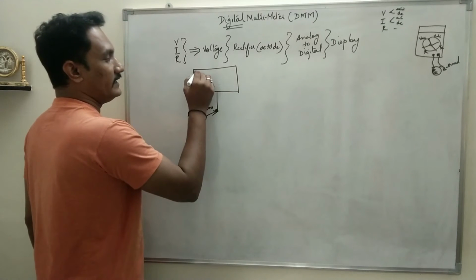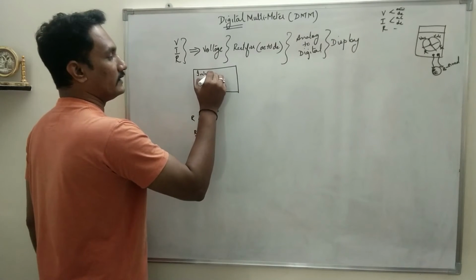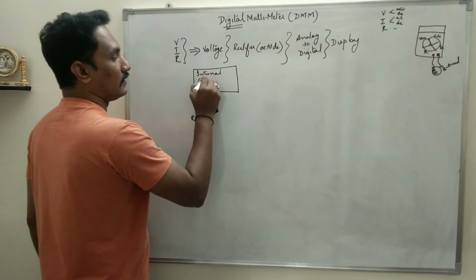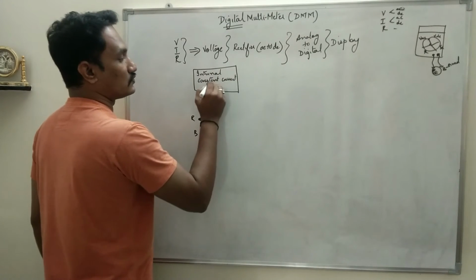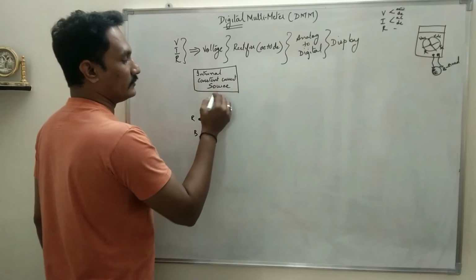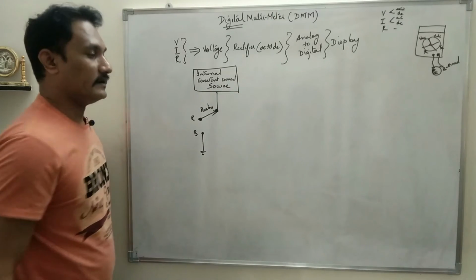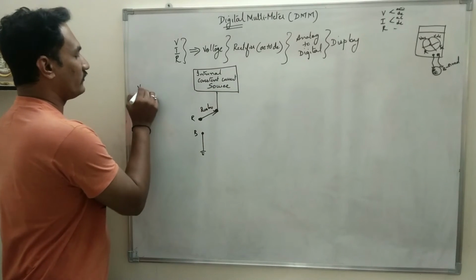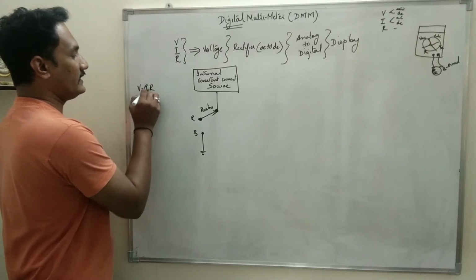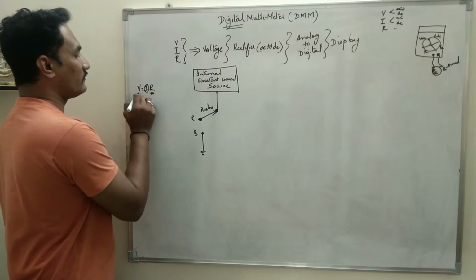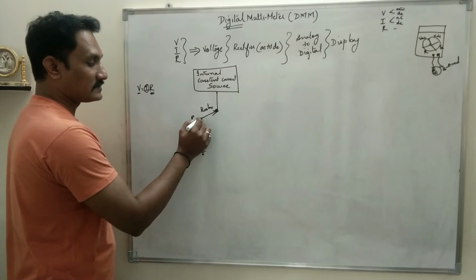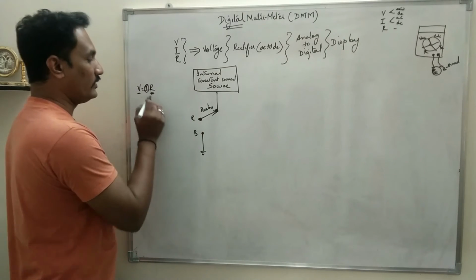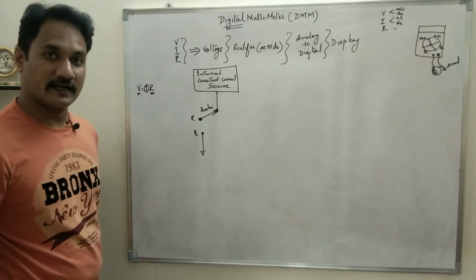Now as soon as the resistance is connected, what happens is an internal constant current source gets connected. It's nothing but a battery. Okay, so now according to the formula, V is equal to IR. I is constant, so any change in R will produce a corresponding change in V. That means we are converting the unknown resistance connected between the red and black probe into an equivalent voltage, right?